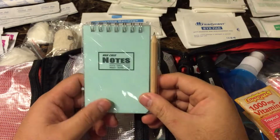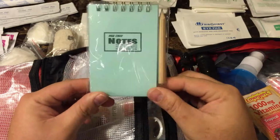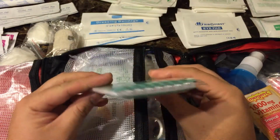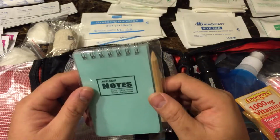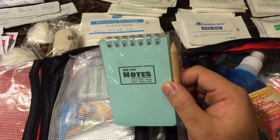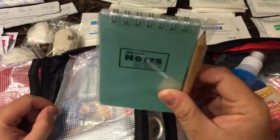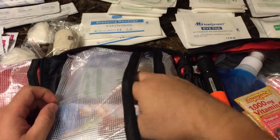And you got your notes. I guess if you don't have anything to write with, or you need to write something very important. I personally never needed this. I just put it in my cell phone, and my cell phone normally doesn't run out of battery because I have this, right? But if you do need it, paper and pencil actually helps. Moving forward,